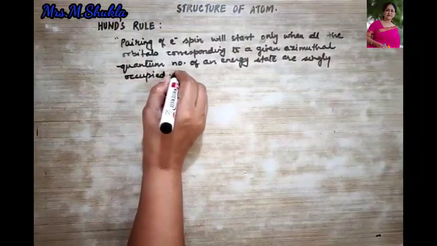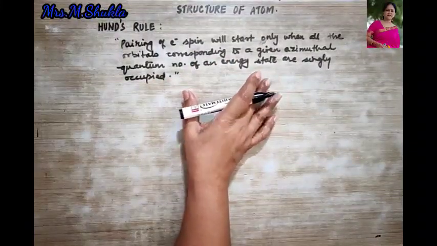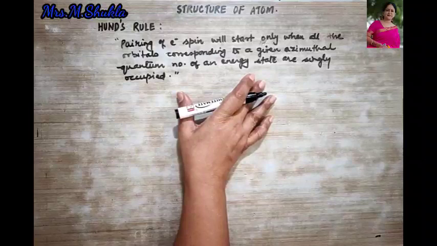Okay, so at large it means to say that first the orbitals, the degenerate orbitals, they have to